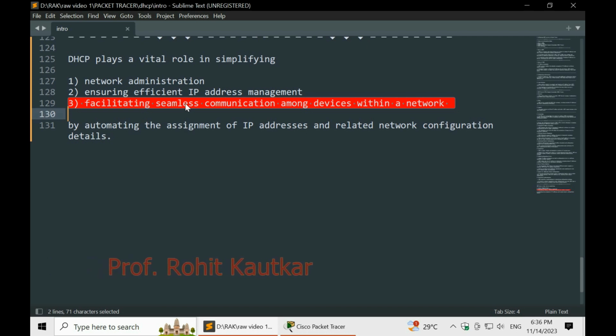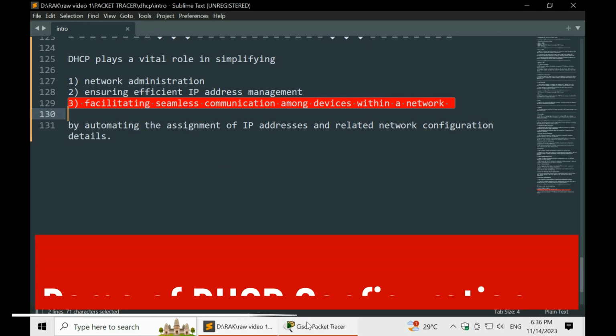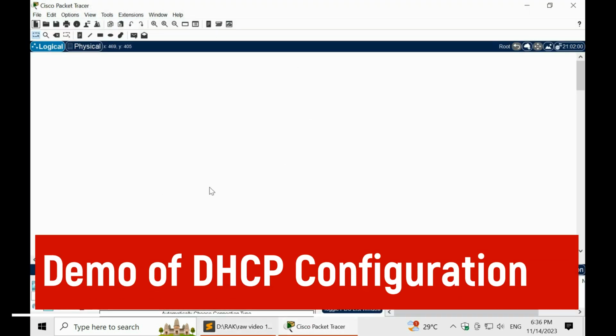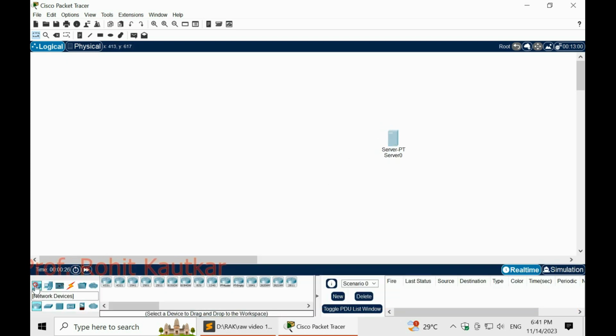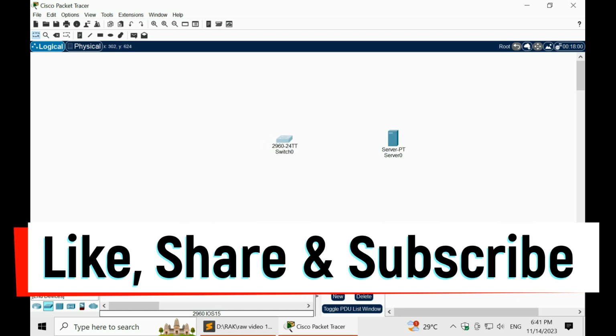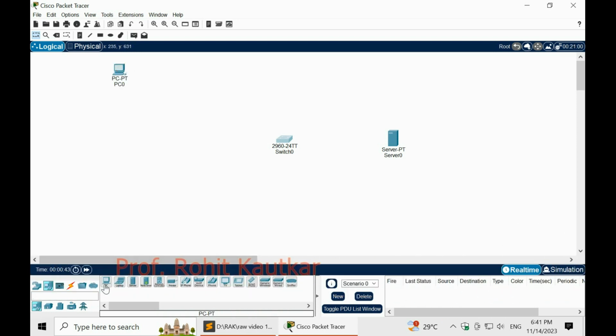Now I will take you to Packet Tracer, and here we will implement DHCP. In this workspace, first of all we will place one generic server. Next to that we will place one switch, and now we are going to place various hosts within our network.